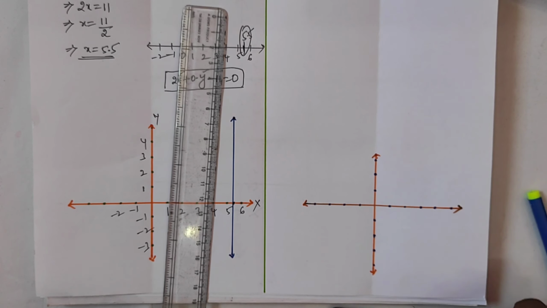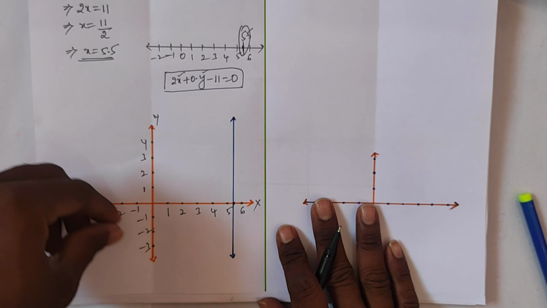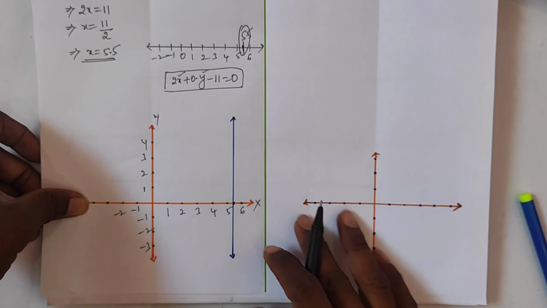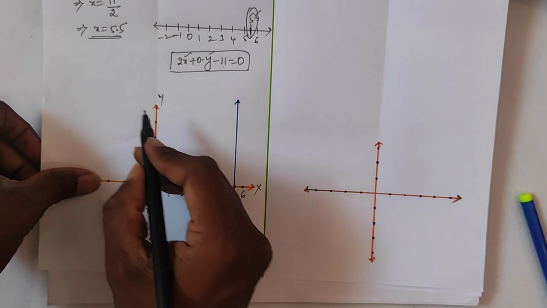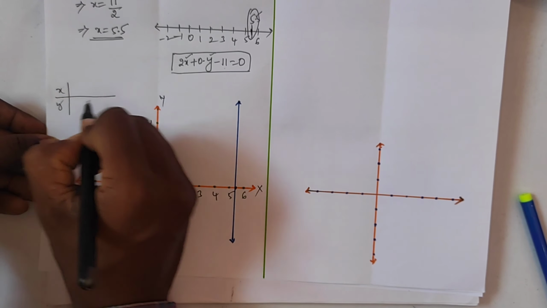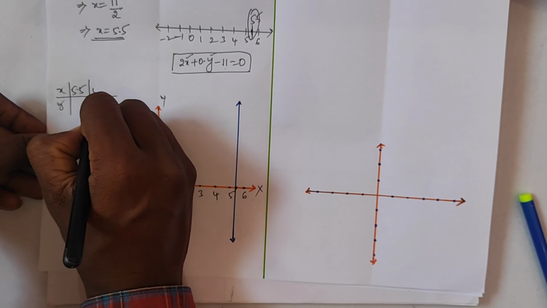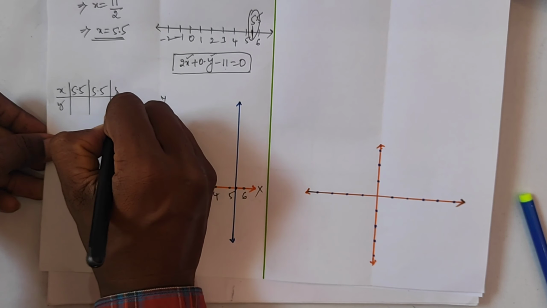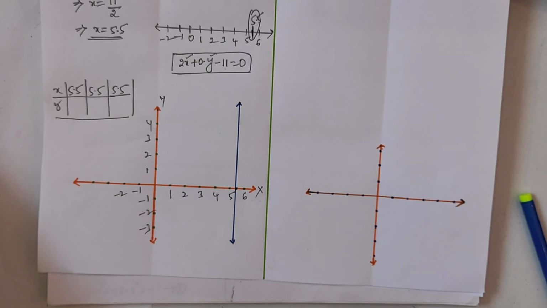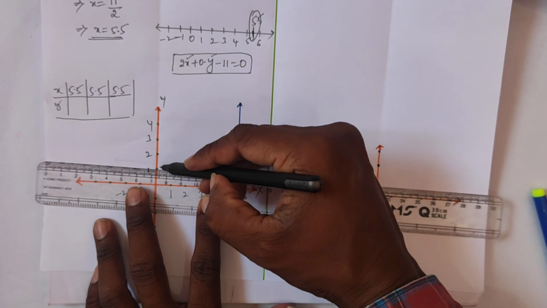So this is about what? In two variables. If you want to locate the points, how many points will you get? Infinite points you will get. If you want to represent it in tabular form, you can represent it here. Here I am writing x, y. x is a constant because we have only 5.5. 5.5, 5.5. I am just considering three values. Actually, you can get infinite solutions here. 5.5, nothing but it's parallel to the y-axis, right?